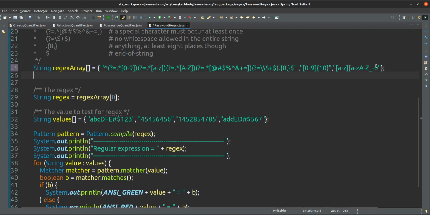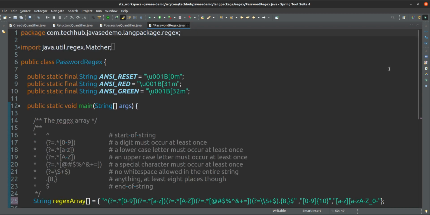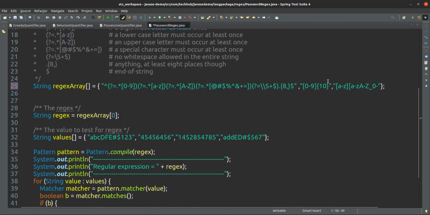Okay, 0 to 9. After that, the at the rate symbol should be there.